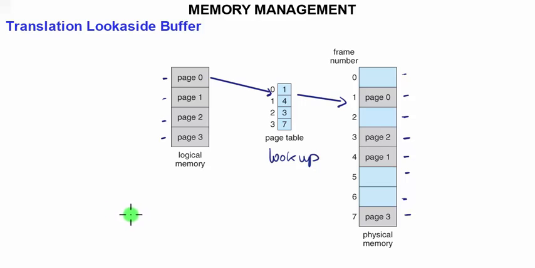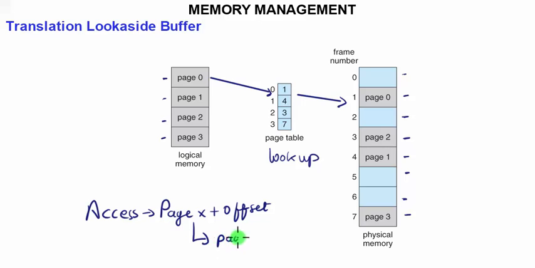So the phenomenon is something like this. Whenever someone wants to access certain info, the page number is given along with the offset. From the page number, one would search the page table. The page table will give the physical location, and from the physical address, when combined with the offset, we will get that particular page. So the process of performing a lookup is very normal and it's going to be repetitive again and again, but this